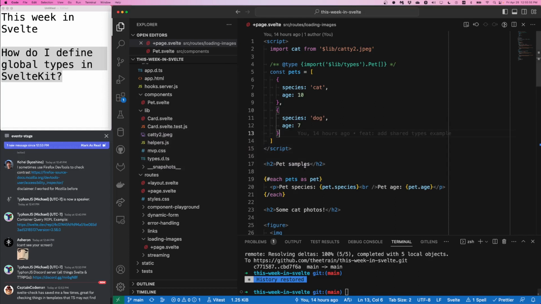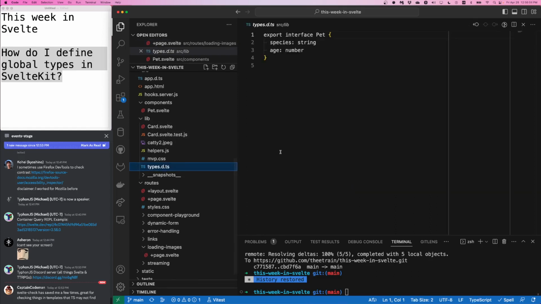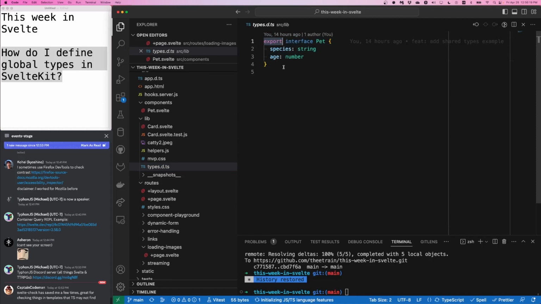The first and foremost is reusable types. A common pattern that I use and I see a lot of other people use is in their lib folder, we have a types.d.ts. I believe d.ts refers to declarations file. And here you can make your reusable types. In my case, I have an interface called Pet. I've written it in TypeScript and I've exported it for reusability. So here, if you have common types used across your application, you can import them from this file very conveniently,